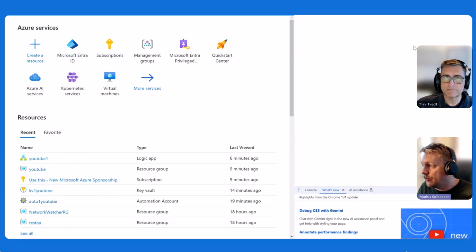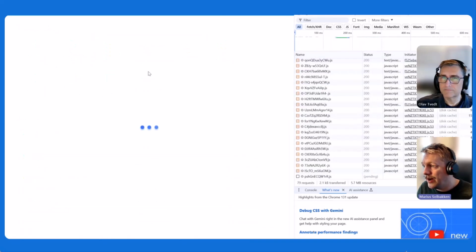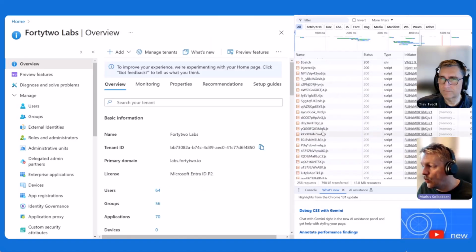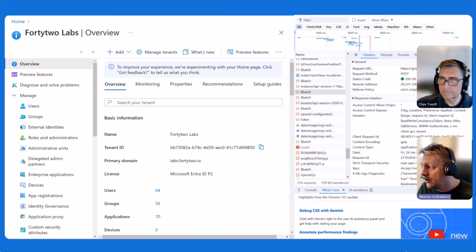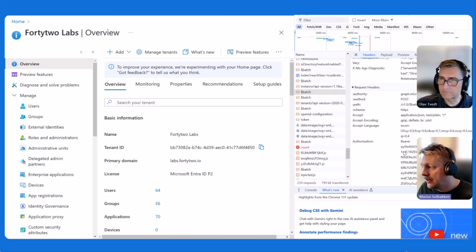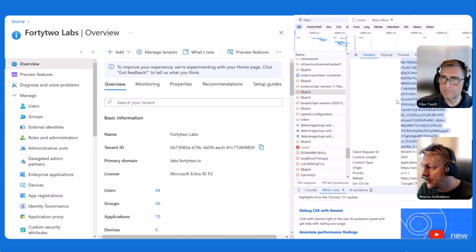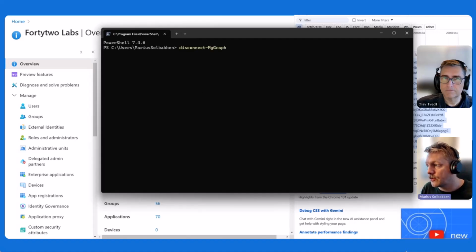You're an owner of a single app, but nothing else than that. Then what I always do is use the F12 functionality in my browser. And when I go to Entra, I just take one of these requests, such as this one. So this is for the Microsoft Graph. And I take my access token. I copy this one. So now when I open a PowerShell and use the Microsoft Graph, I'm just going to